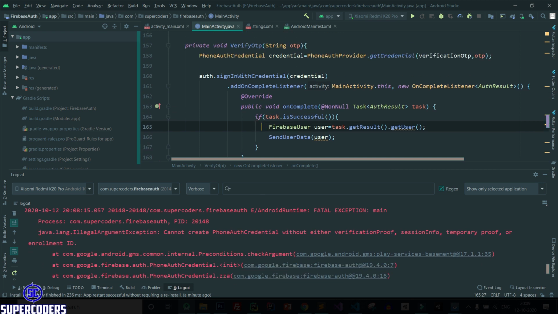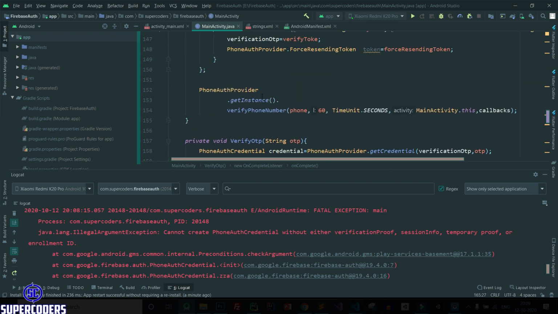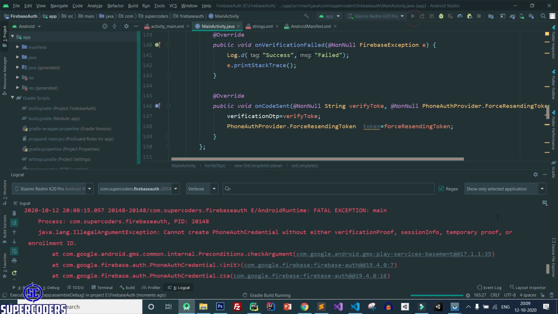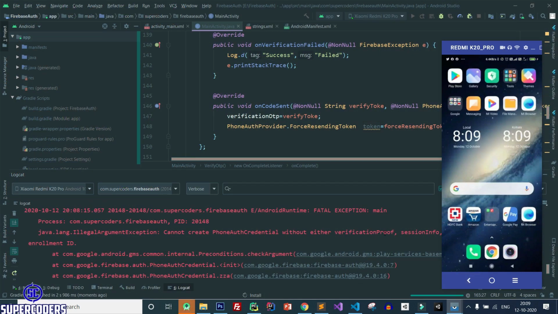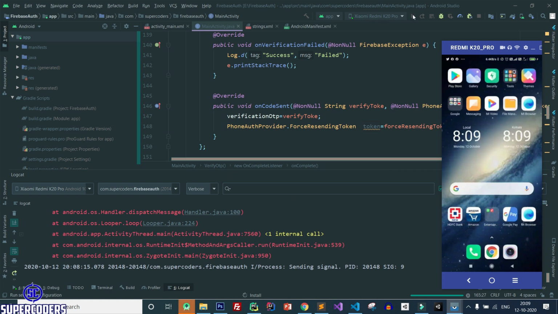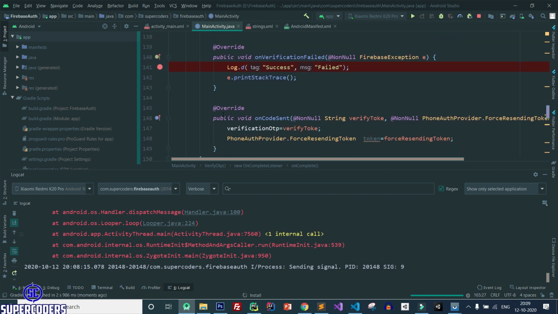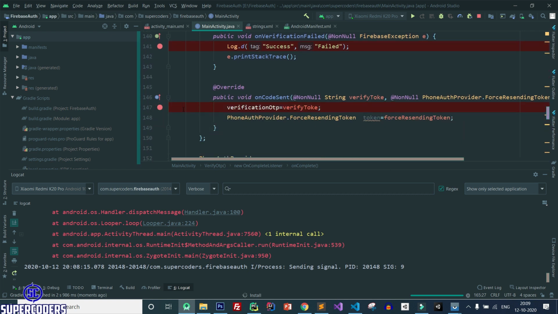So again restart the project, back to Vysor, and let's check what the problem is. Also turn on the debugger to get errors easily. So let's see what actually happened.